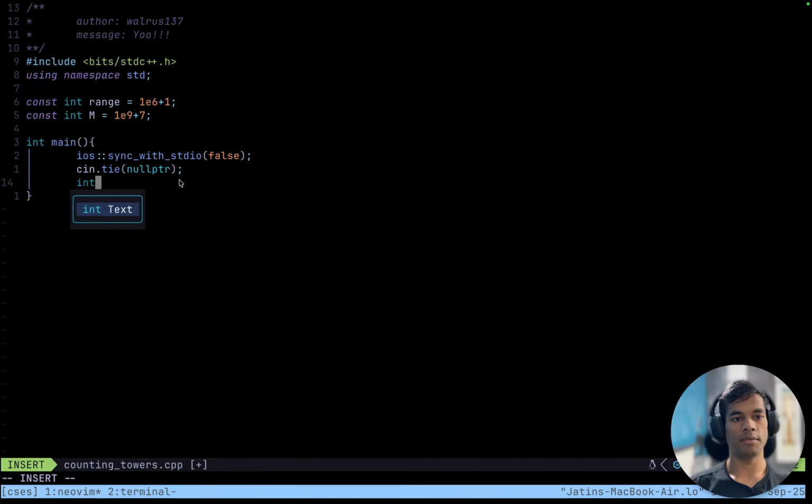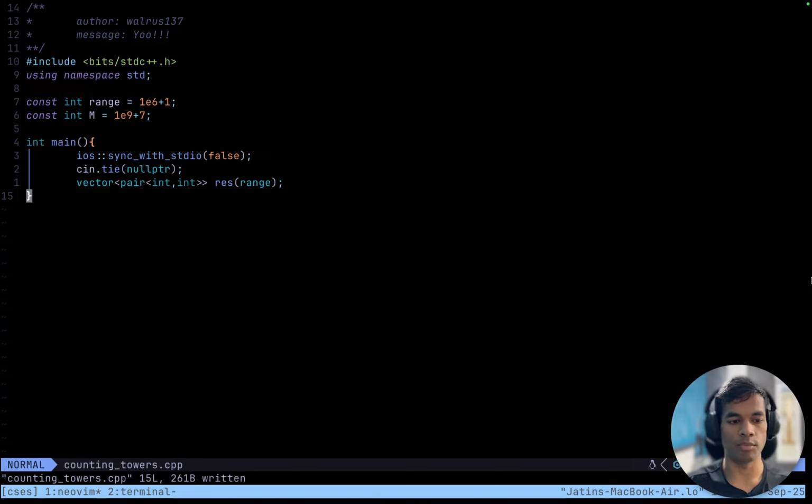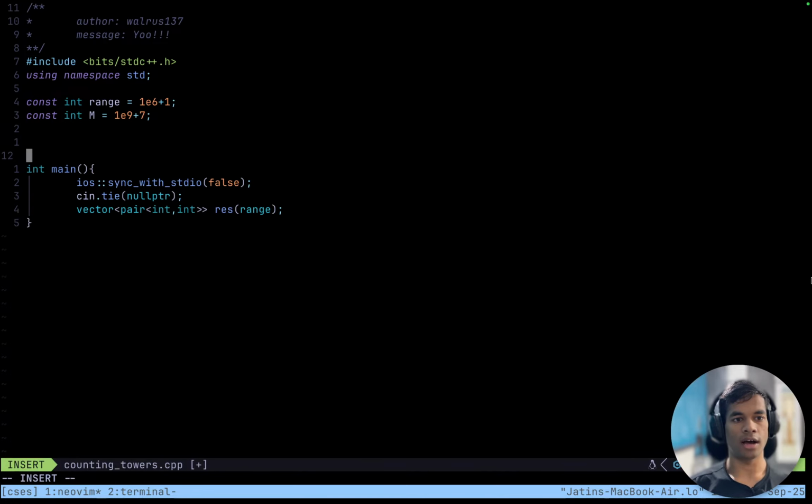And then internally we will first pre-compute the answer for everything. Int pair int, this is going to be called res, and size is going to be equal to range, because we are pre-computing the answer for everything,